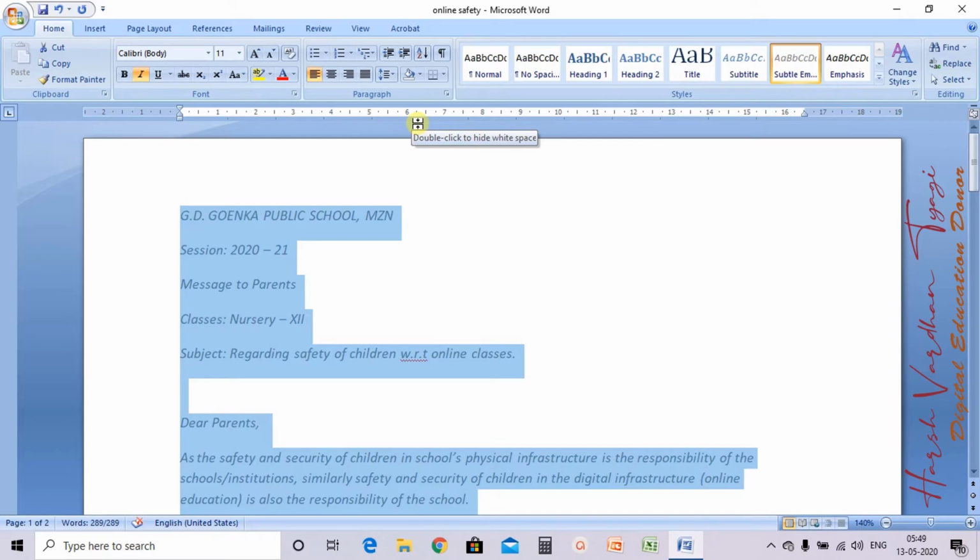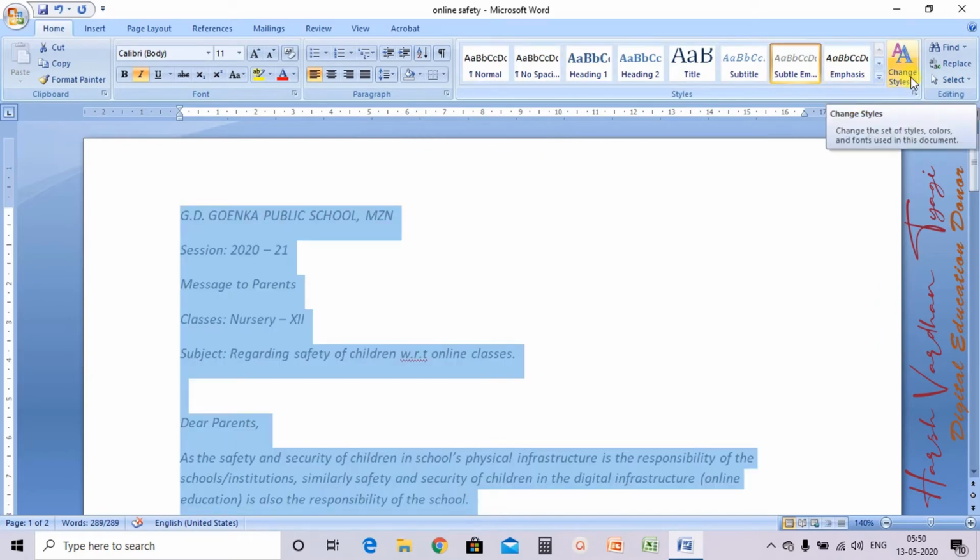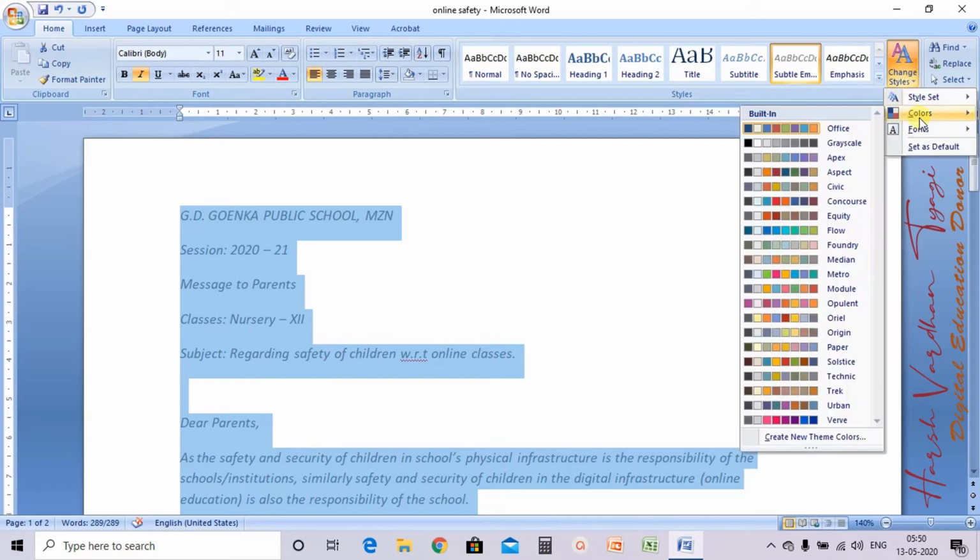Suppose we have selected this style and we want to make some minor changes, such as font color, font size or font style. Now see, in the Styles group itself you have an option called Change Styles. Change Styles means that you can make changes in the style you have selected. So click here. Now colors.